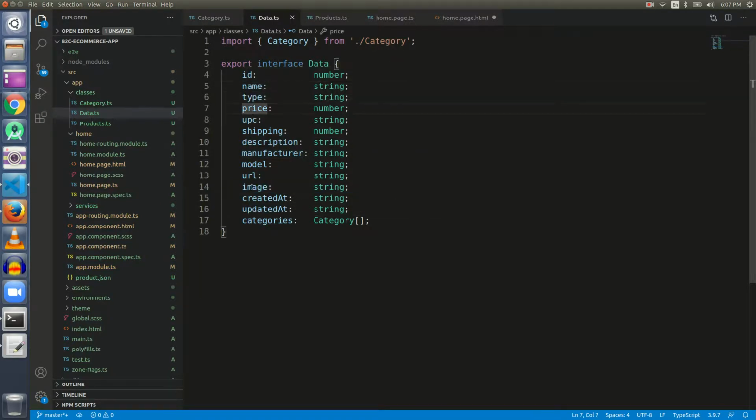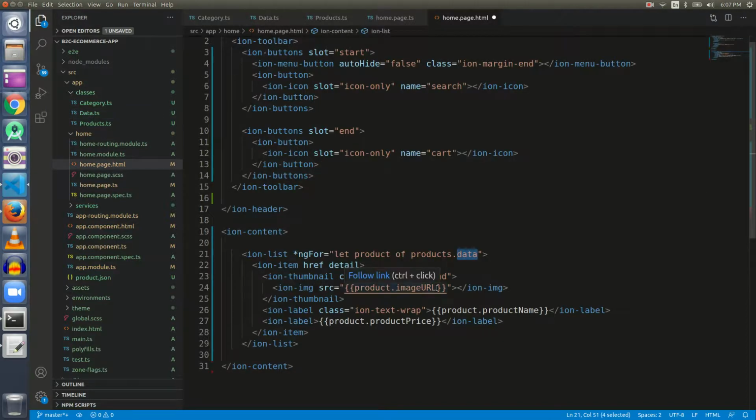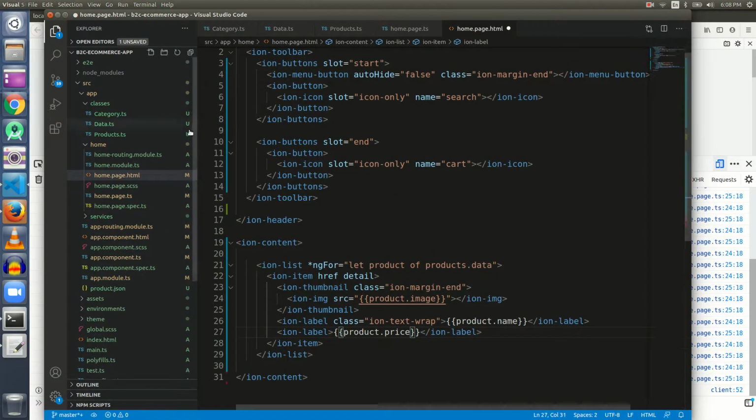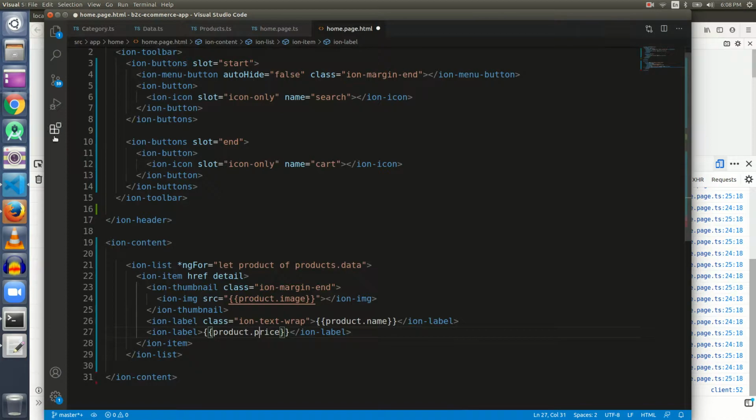So let's rename these fields. Just remove this URL, remove this from here, and name it price. I think that's it, and I am hopeful that if we save it, we will get the desired output.